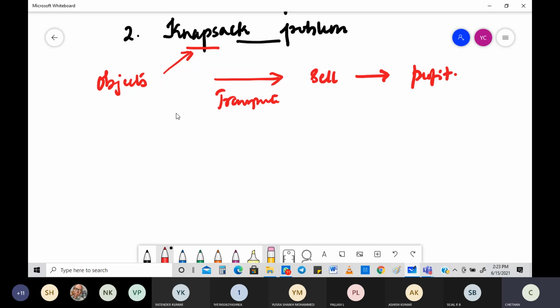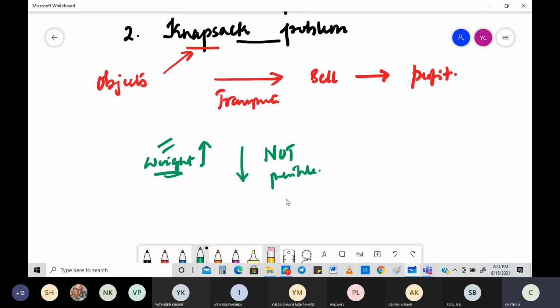Okay, but there is a constraint. I don't know how many of you have seen Transporter movies. If you have seen the Transporter series, there is one thing that the transporter will always say: what is the weight of the object? Because the weight of the object will decide the speed I go. If the weight increases, the speed will obviously come down. Less the weight, more the speed, so that you could easily transport things. When people try to put more weight, he will say no, not possible. People who like Transporter movies, English movies, probably would know these things.